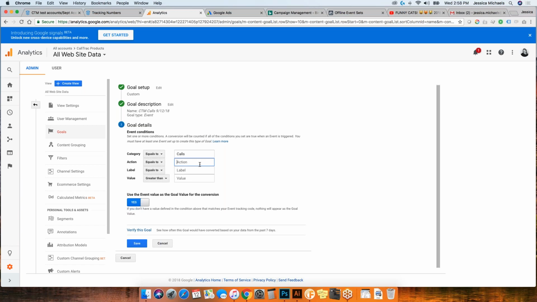So like I said before, the action is going to be equal to the tracking source. So I could create one just for Google AdWords. Whoop, no, that wouldn't work. So here, so now this would be a goal that only completes for calls to our tracking source of Google AdWords. If we wanted to use the label, we would need to ensure that we're using regular expression.